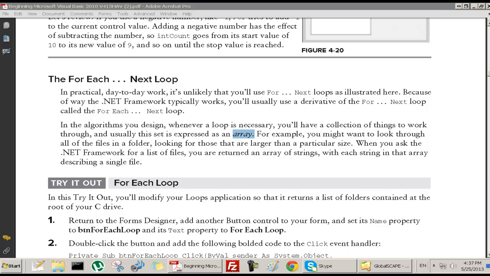Okay, so what we're going to do is we're going to be given an array, and we're going to loop through each item in the array. So we're going to take the first item and do something with it. Then we're going to take the next item and do the same kind of thing with the second item in the array. And then we're going to take the next item and do the same kind of thing with that, and so on. So we're going to loop. We say we're going to loop through the array or loop through the list. And that is when we use the for each next loop, because it's for each element in the array,